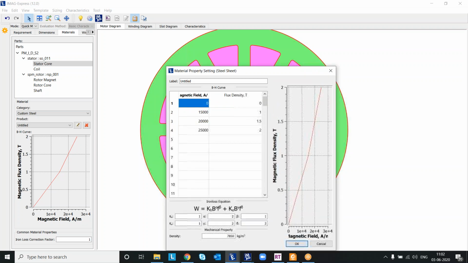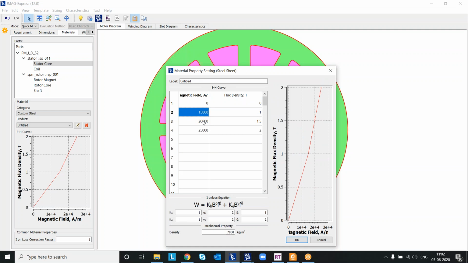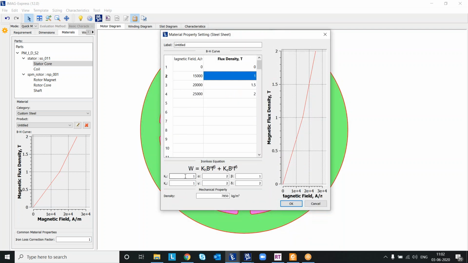A minimum of 3 points should be specified. I have given 50,000 A/m for 1 Tesla, 20,000 for 1.5 Tesla, 25,000 for 2 Tesla. Like that you can specify the BH curve, the coefficients for hysteresis and eddy current, and the mechanical properties like density. You need to fill these details in order to